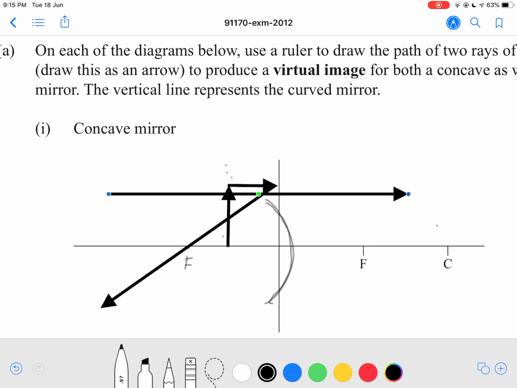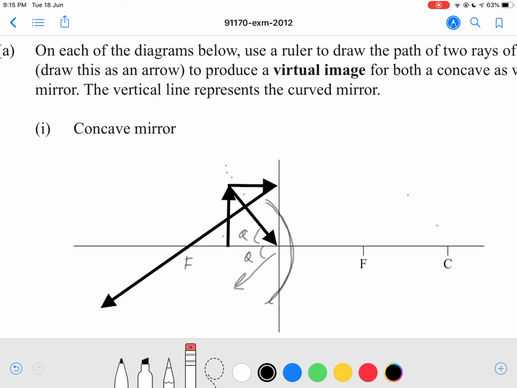Another ray is going to be drawn directly towards the horizontal axis, and this ray is going to reflect back in this direction at the exact same angle. So this is angle theta here, so this will also be angle theta. So it's going to reflect evenly on both sides. We're going to get an approximation here. It can't be perfect, I don't have a protractor with me, but it will look something like